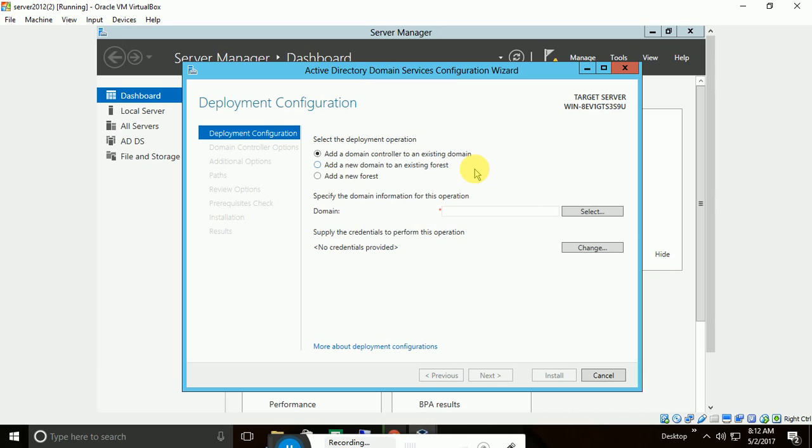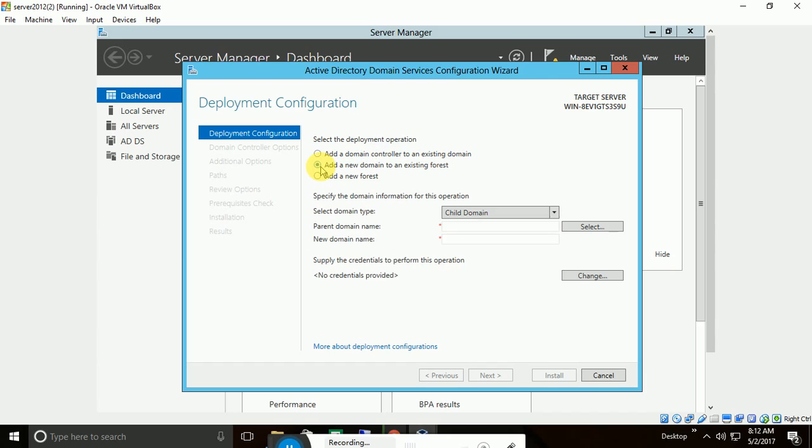If we have already domain, we can add additional server which is a domain controller. On that condition we select first option. Let's see what is second option. Add new domain to existing forest. We have already installed forest. If you want to add additional domain to that forest, we select this option, because this would be first domain,